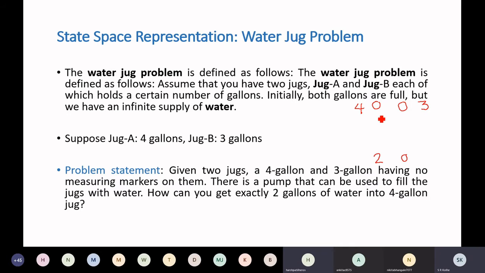Put 3 gallons of water in. Okay, that means 3 gallons of water in the 3 gallon jug. Okay, fill the 3 gallon jug completely. So there will be 3 gallons of water in the 3 gallon jug, and the 4 gallon jug will contain zero water, so it will be empty. Then